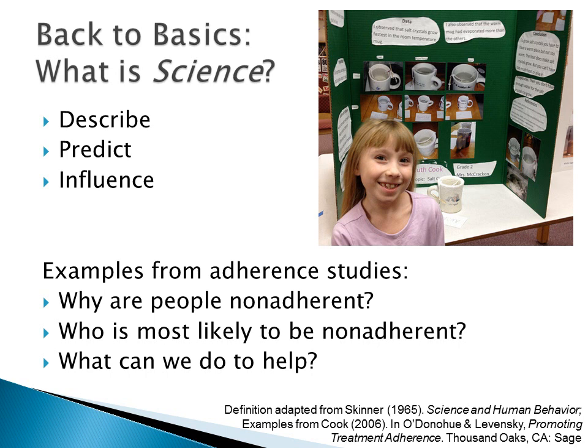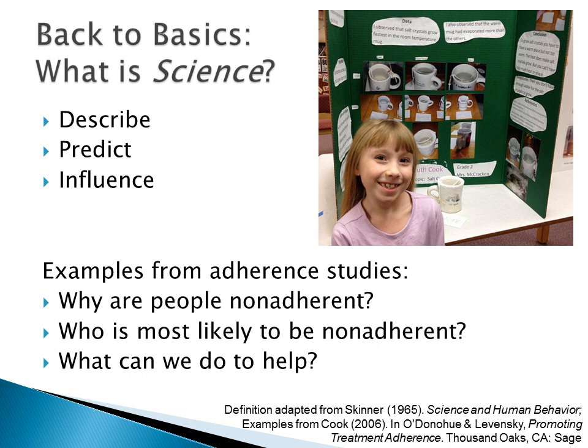Here are some examples from studies that I've worked on. I study medication adherence, and I wanted to know, why are people non-adherent? What reasons do they give? Under what circumstances? Which people are most likely to be non-adherent? So I want to be able to find some things that then I could use clinically to predict who's going to drop out of treatment prematurely. And then ideally, we want to test interventions. What can we do to help?